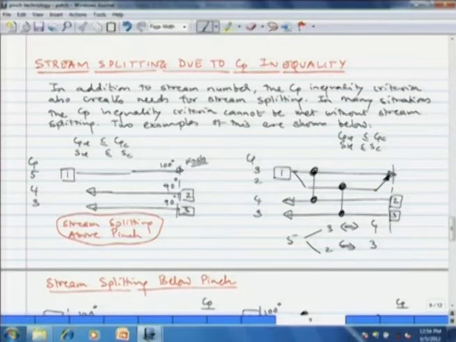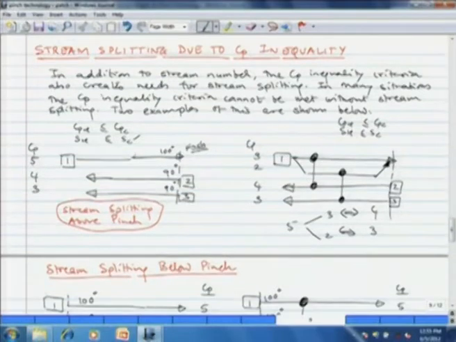Now this is okay as far as the stream population constraint Sh less than or equal to Sc is concerned. So that is satisfied. But now we have another constraint of Cph less than or equal to Cpc. Now look at the Cp values of the streams. This hot stream has a Cp value of 5, and the 2 cold streams have Cp values of 4 and 3. So none of the cold streams has a Cp value sufficiently high to be matched with the hot stream. And now if we place a match randomly, then we are likely to violate the delta T min constraint.